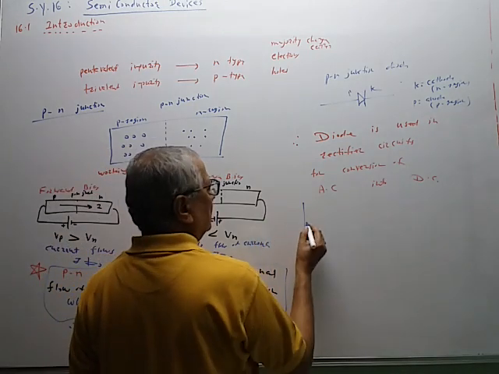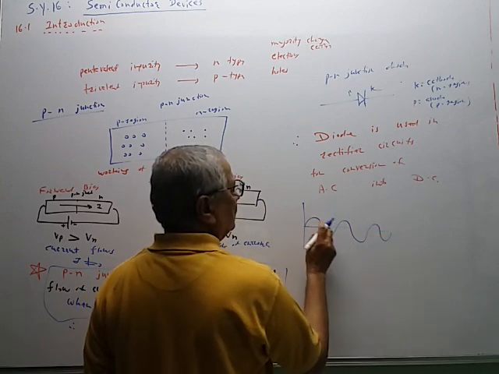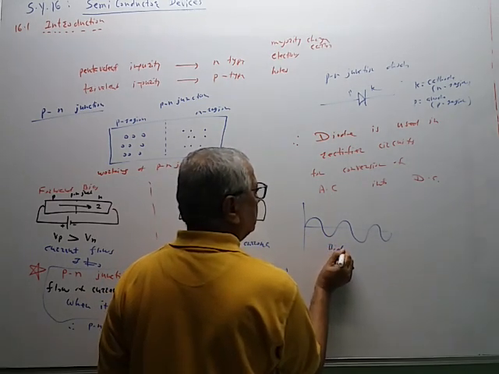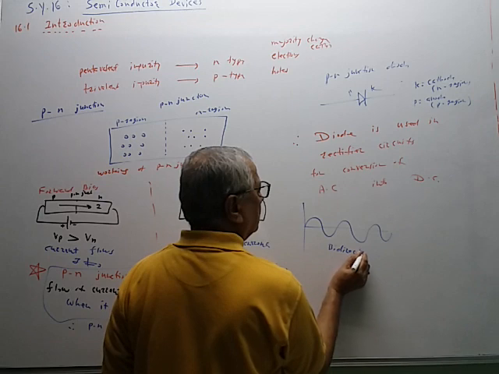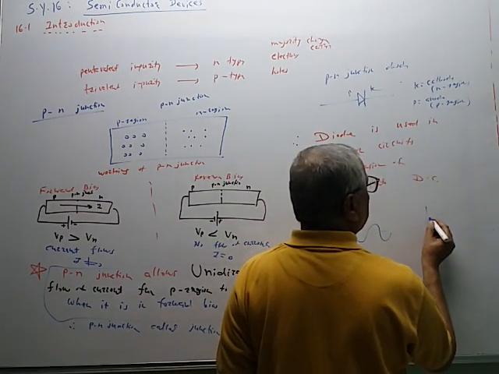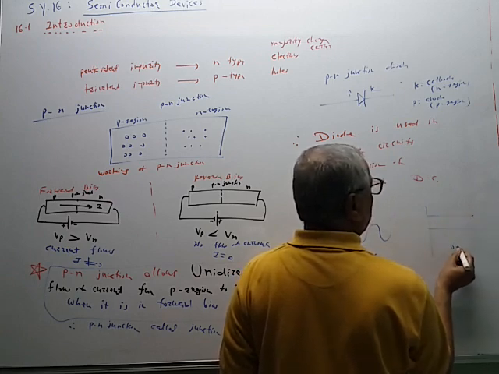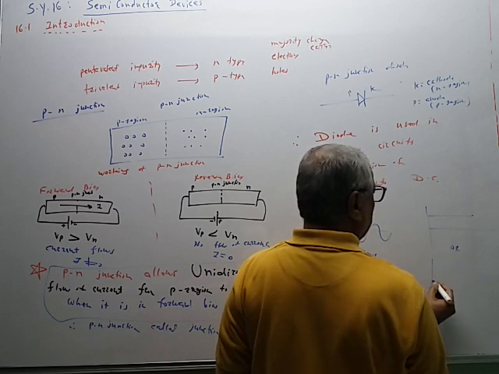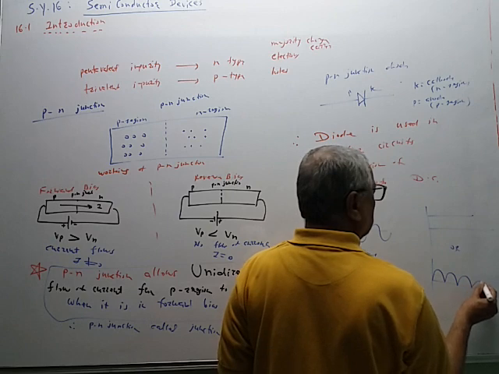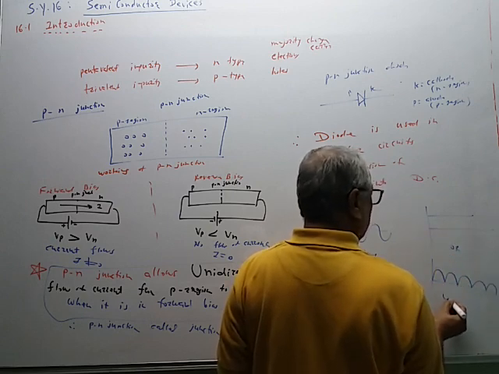So this AC supply is like this. Clockwise, anti-clockwise, can be clockwise, anti-clockwise. So it is a bidirectional current. And this DC is a unidirectional current. So either it will be like this, or it can be like this. So in both the cases, the current is unidirectional.